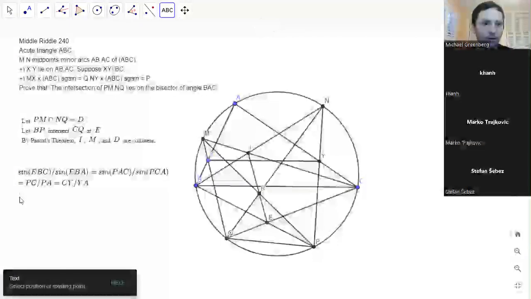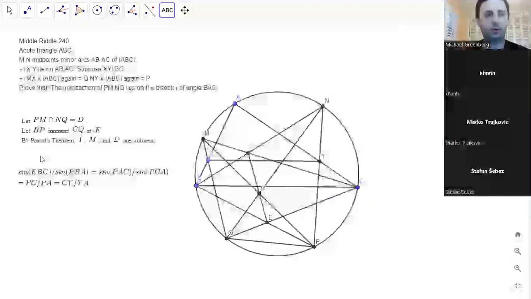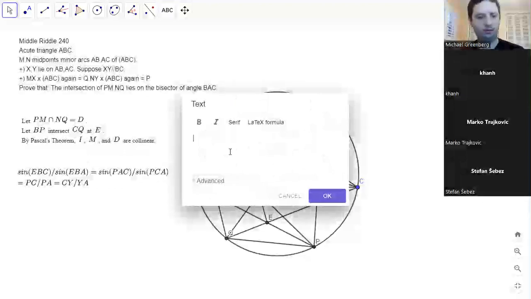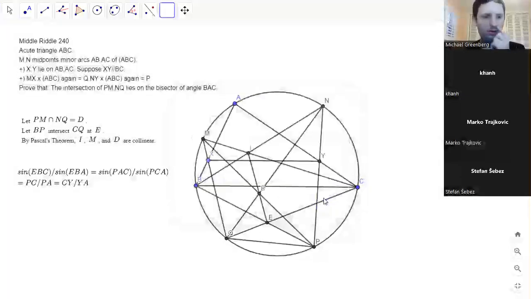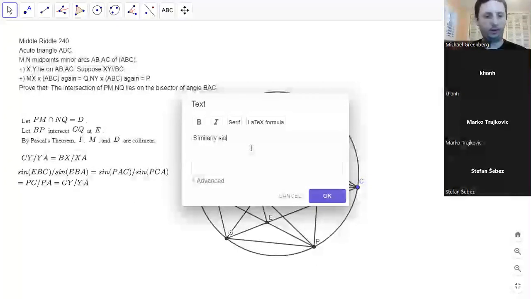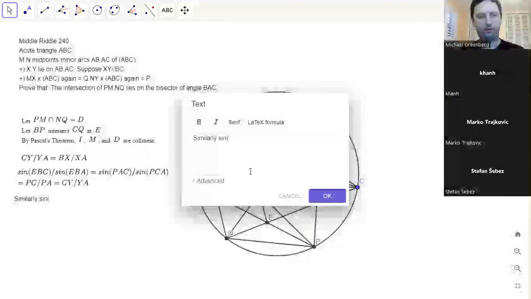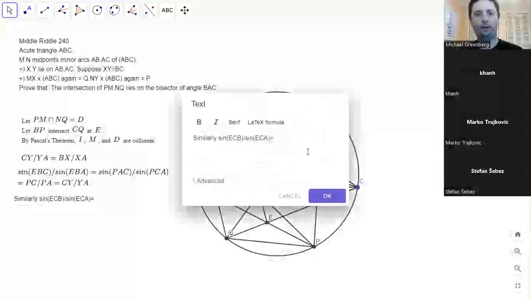So cy over ya is bx over xa. Okay, so we have, and then I'll say similarly sine of ECB over sine of ECA is equal to bx over xa. And that implies that